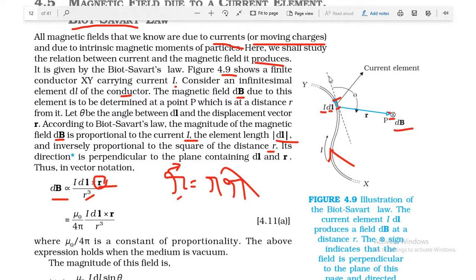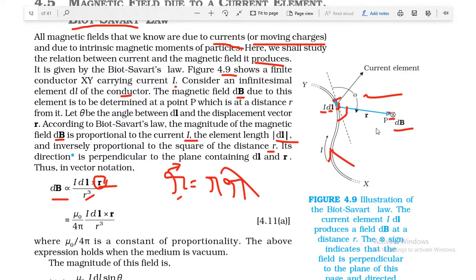So you can see the tangent by dotted lines. Then this one is the angle between the element dl and the line joining point P and this element dl. Okay, angle theta. This angle is taken in the direction of the flow of current. You cannot take it in this direction, because this is opposite to the flow of current. Current is flowing in this direction, so you must take the angle in the similar direction.